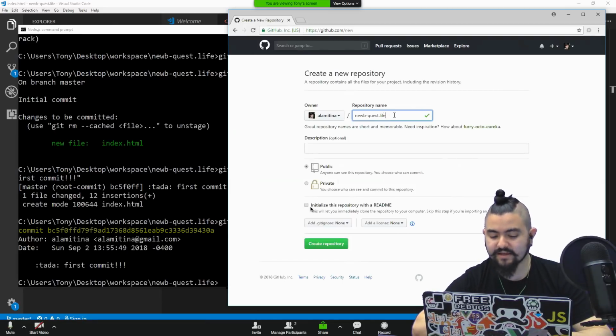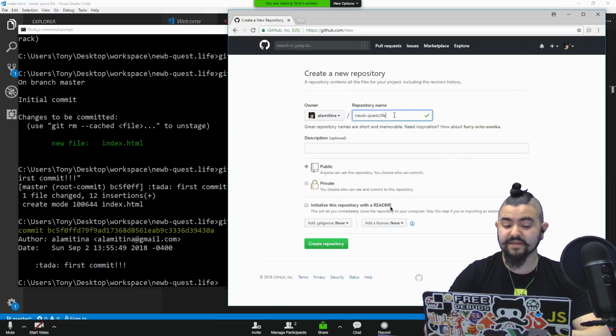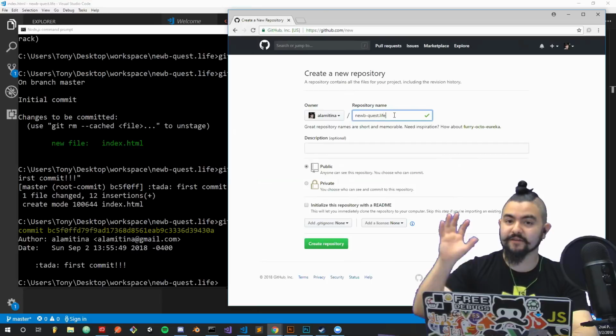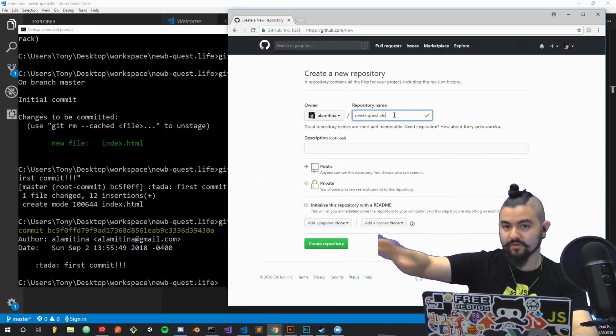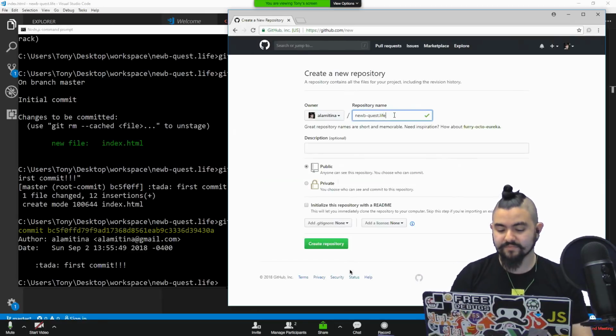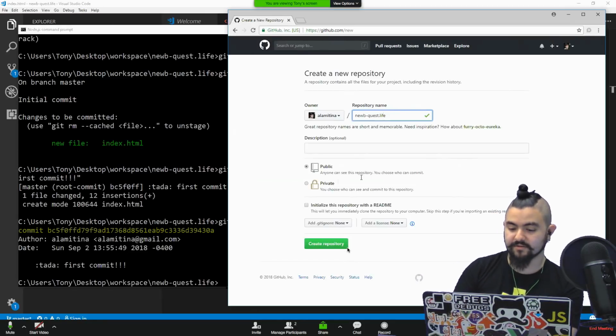You'll notice it says initialize this repository with a README. We don't want to do that right now. Because we have already created a Git repo locally on your machine, the Git repo we create on GitHub we want to be totally blank so that we can take our local repo and push it up to GitHub. So if you click create repository, wait a second, Tony, before you click that button,